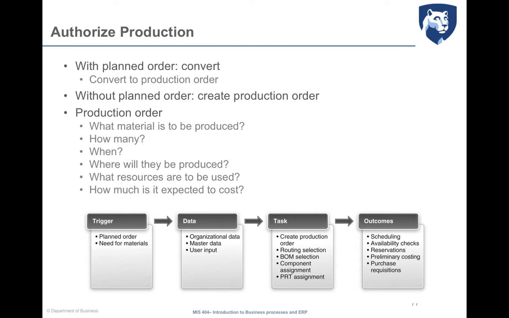Again, a production order is typically created by converting a plan order and by specifying all this information. So what before was just planning is now an effective commitment to realize that product, those materials, using those resources within a